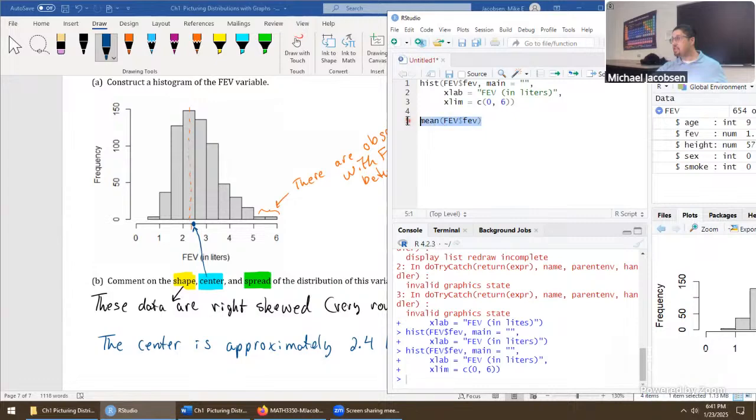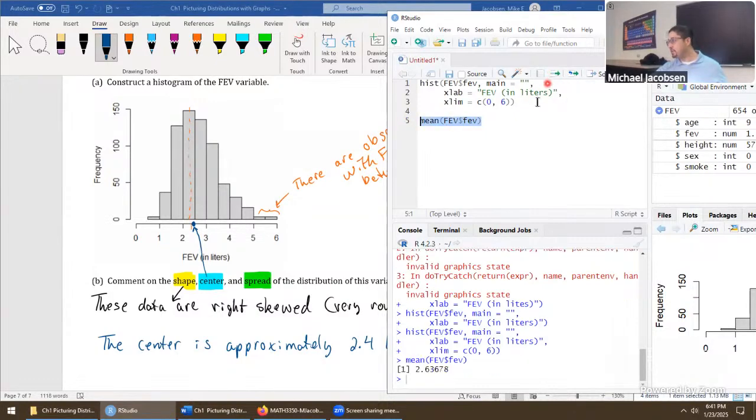So if we run just this, let me do the highlight and click method. It says the mean of all of the FEV observations was 2.6 liters. And that's kind of the cool thing about doing this just by eyeballing it. We are really, really close on saying 2.4 liters. But you know what's also kind of interesting? The 2.4 liters actually is probably the better value.